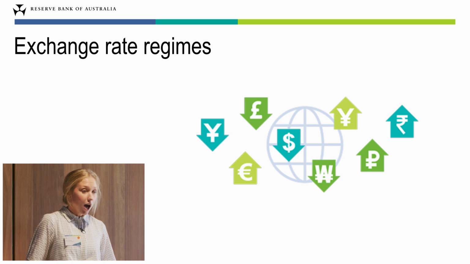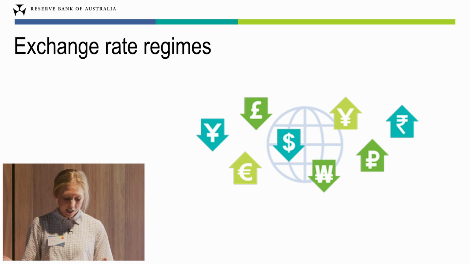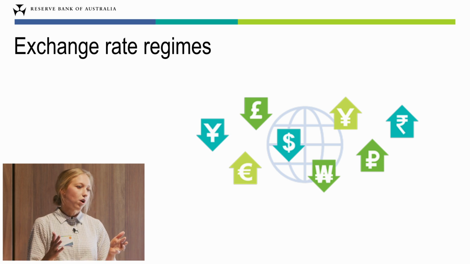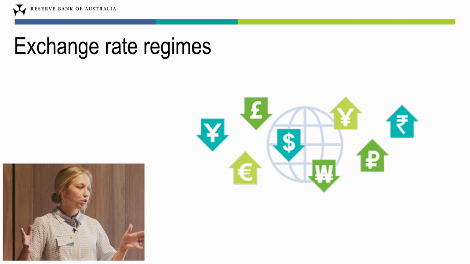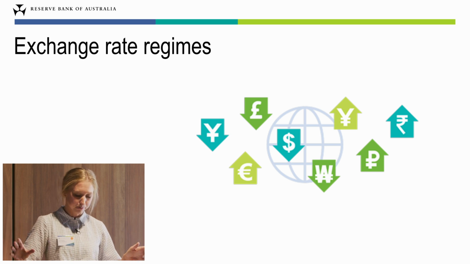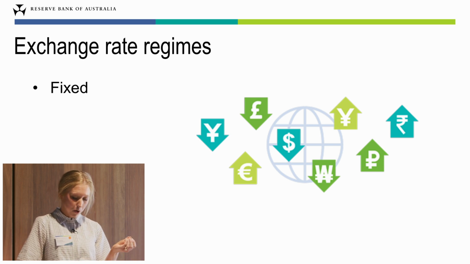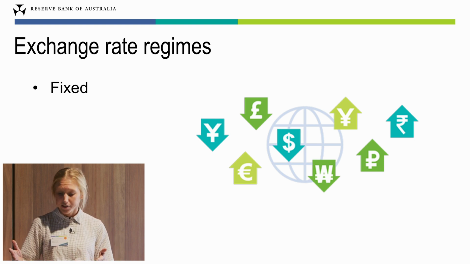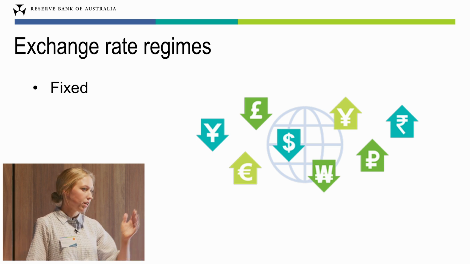So in addition to the types of exchange rates, there's also a number of exchange rate regimes that a country might choose to adhere to. And regimes can be thought of as operating on a spectrum with varying degrees of flexibility. And I'll talk to the broad two categories within that spectrum. So at one end of the spectrum is a fixed or a pegged exchange rate. In this regime, the monetary authority ties its currency to another currency or group of currencies. It might be pegged at a target level or allowed to vary within quite a tight range.